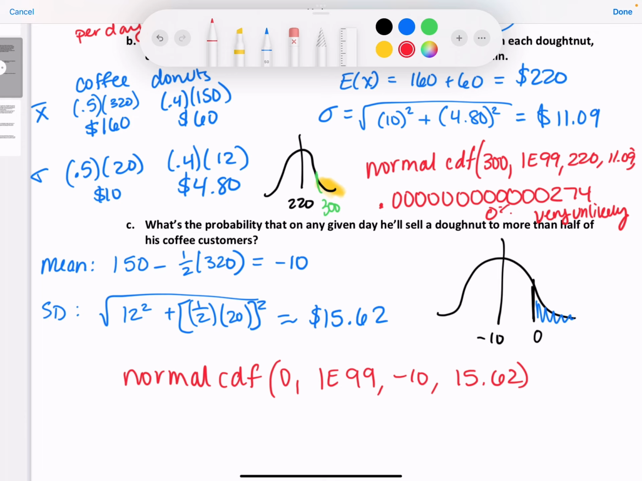Got 0.261. So 26.1% chance that he sells a donut to more than half the coffee customers, basically. All right. I'm not going to do 11 because we've done enough of them. So let me see. I'll go ahead and give you the problems and then